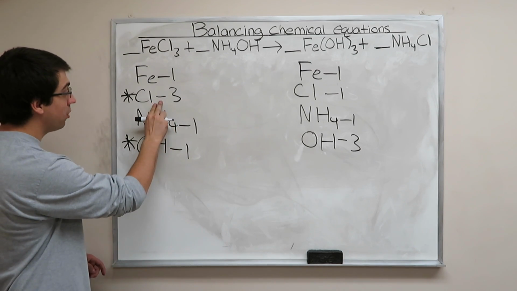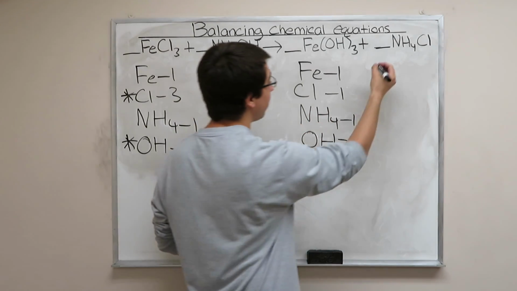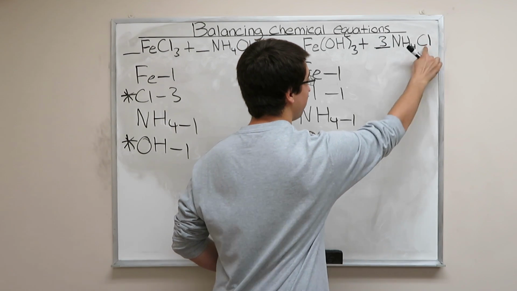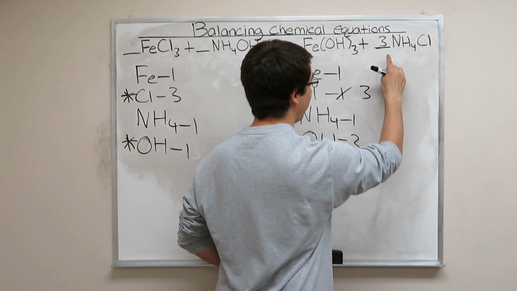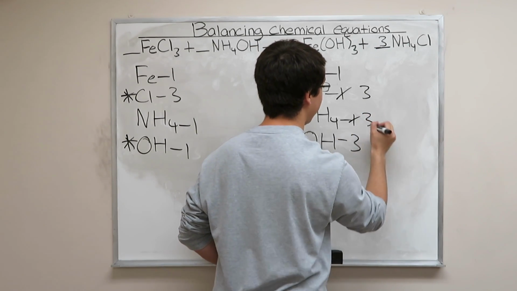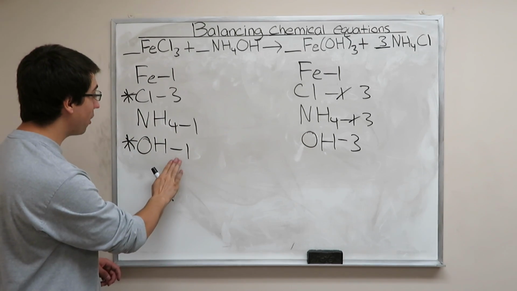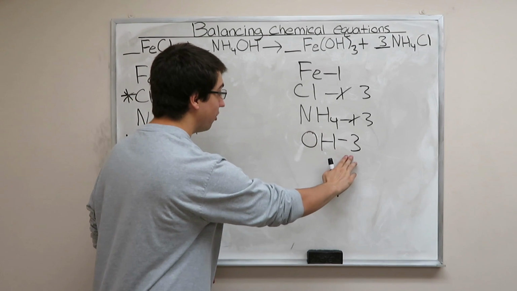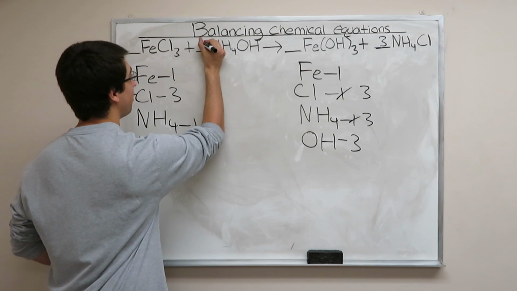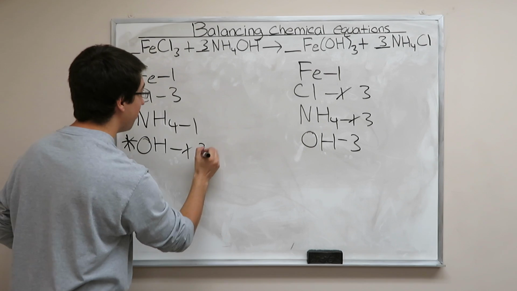And we know we have 3 chlorines on our reactant side and 1 on our products, so at minimum we need at least 3 chlorines over here. So I put the coefficient 3 there, and that gives us 3 chlorines. But that 3 also applies to the ammonium, so that gives us 3 ammoniums. Next, I'm going to balance out our hydroxides. We know we have 1 on our reactants and 3 on the products, so we need at least 3 hydroxides on the reactant side. So I'm going to put the 3 here, and that gives us our 3 hydroxides,